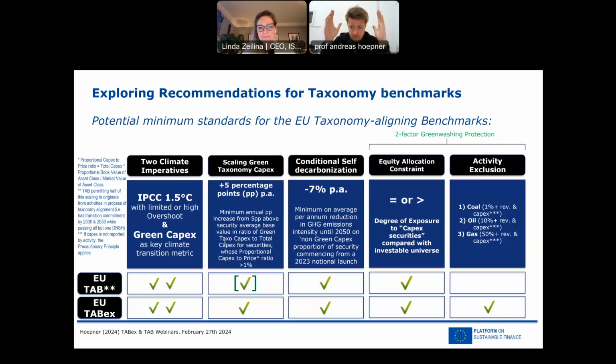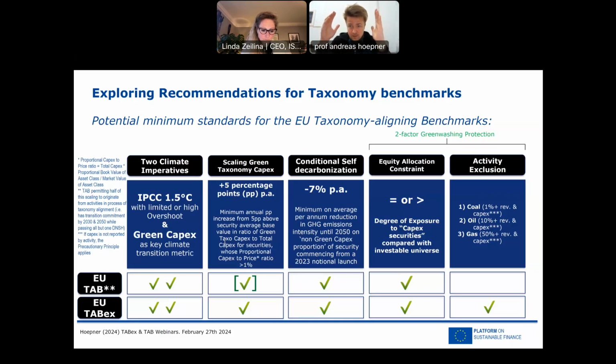CAPEX is forward-looking, a decision of management. Everybody can realistically go 100% green CAPEX if the will is there. So it is absolutely commercially realistic to go 100% green CAPEX. You just have to have the will to not do the other CAPEX. Divest the activity, do whatever you like with it, just don't give it CAPEX. So it's fairly realistic that we reach 100% green CAPEX well ahead of 2050 if we really want to try. Now, with revenue and OPEX, that's frankly impossible.